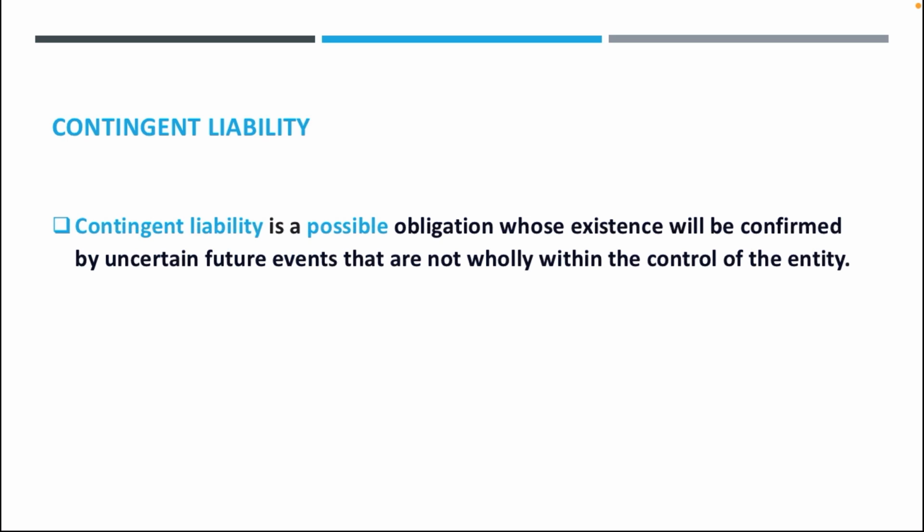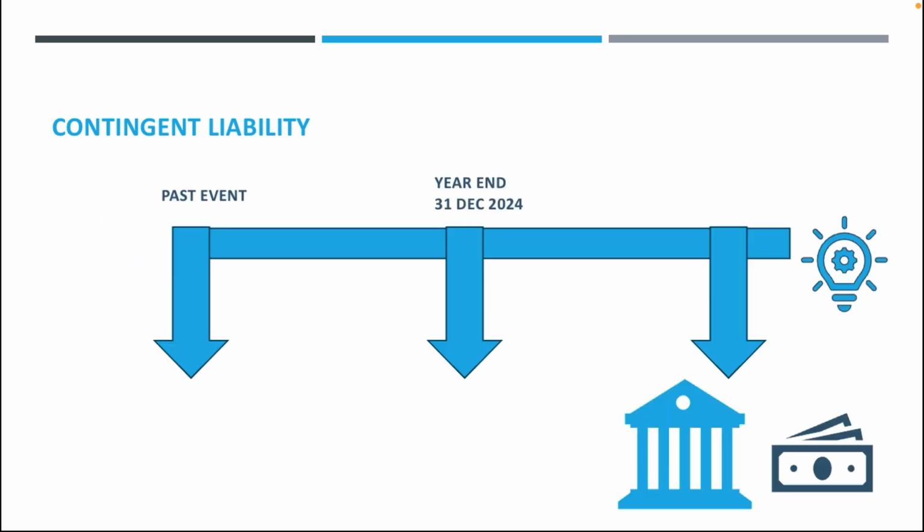Let's make it easy with an example. I have taken an example of a parent company and a subsidiary. The subsidiary required finances. The subsidiary went to a bank to have a loan. The bank required security, right? They need collateral in order to provide you the finances, the loan. However, the subsidiary does not have its own collateral. So the parent company comes up with help for the subsidiary. They provided what? They provided a guarantee for the subsidiary. The guarantee of what? If the subsidiary defaults on its loan obligations, I am here to pay the bank the